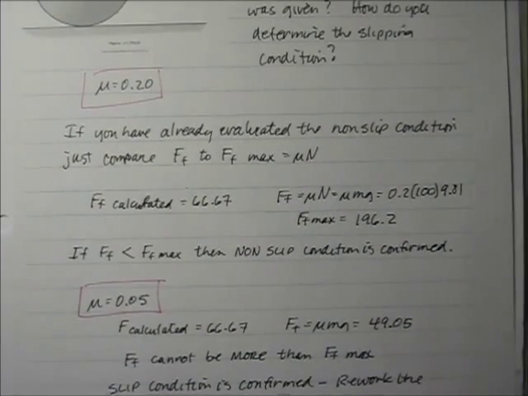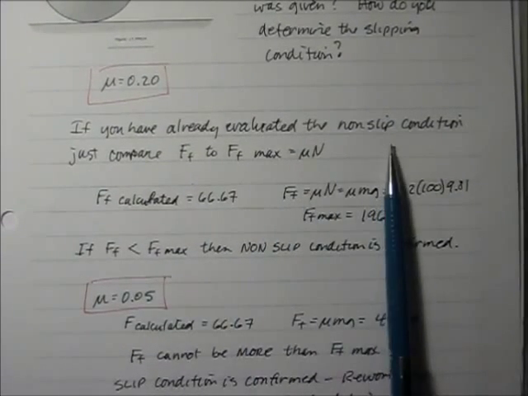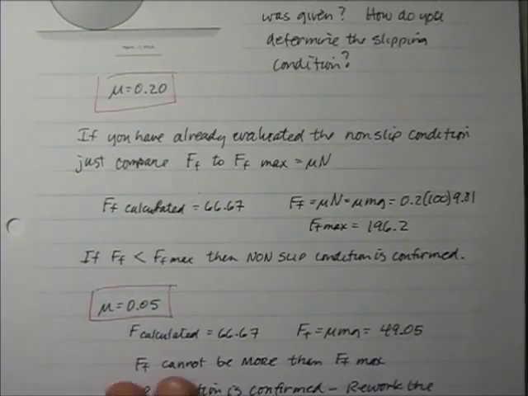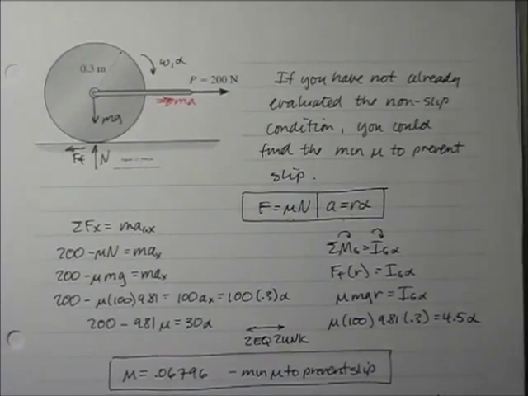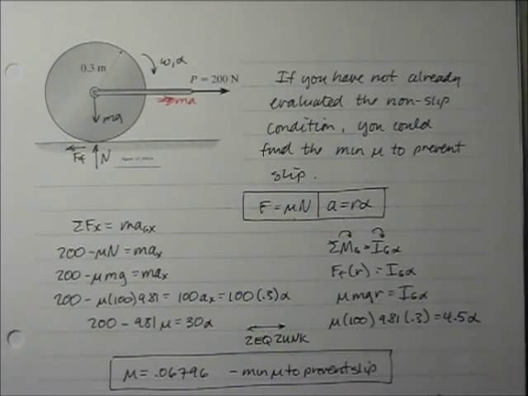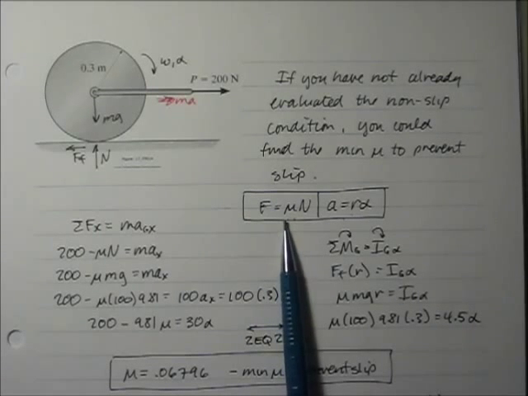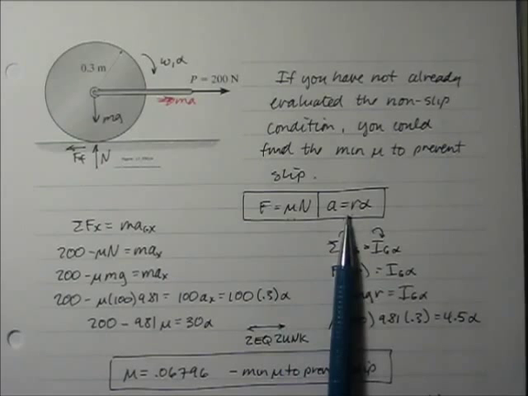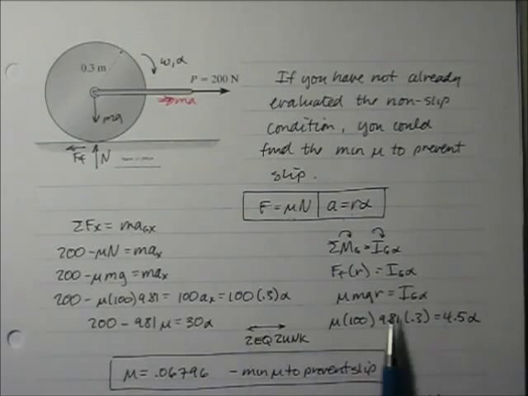All right, so that's the first way to determine slipping: assume it's not slipping, and then confirm it. The other way to find out whether it's slipping or not is to find the minimum mu to prevent slip. What we remember is that at that unique spot, the force of friction is equal to mu normal and A equals R alpha at the same time. When I plug those into my two equations, I get two equations, two unknowns. I can solve that and find out the minimum mu to prevent slip is